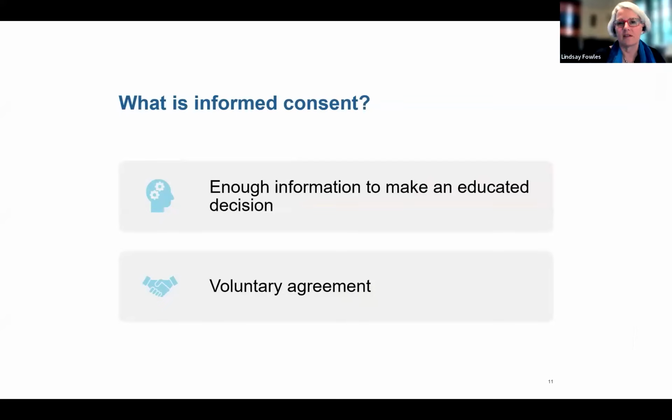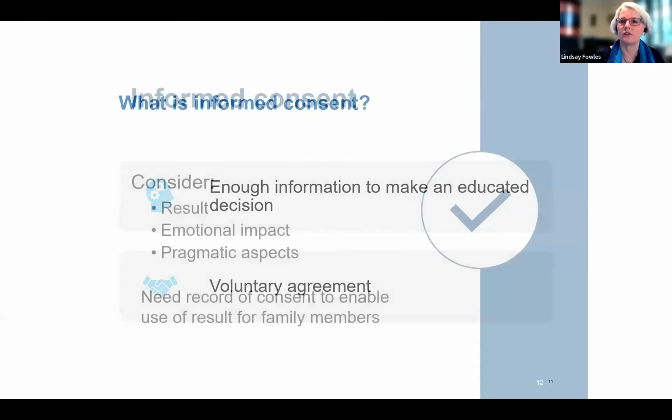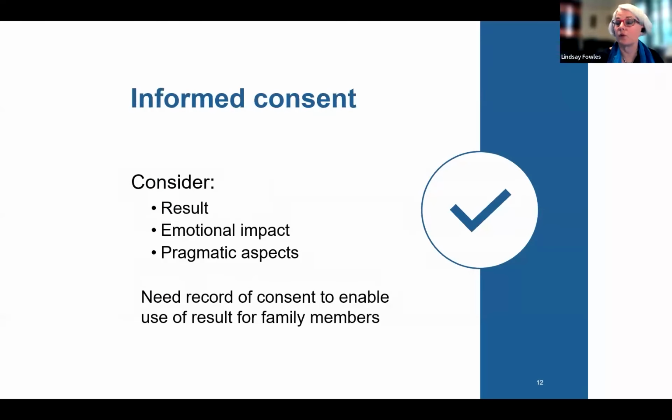Now, I've talked about that. Better consent discussion is really important. It's important that it's voluntary and that you know what you're consenting to. And really, we need to consider not only what the result might be, and in a moment I'm going to talk about what the potential outcomes from genetic testing can be, but also thinking about the emotional impact and just some more pragmatic things like insurances and things like that. I'm not going to go into that in detail now. Talking about consent is a whole half-hour talk in and of itself, but there are things that you should consider. I'm going to talk a little bit about the results and the possible results from genetic testing.